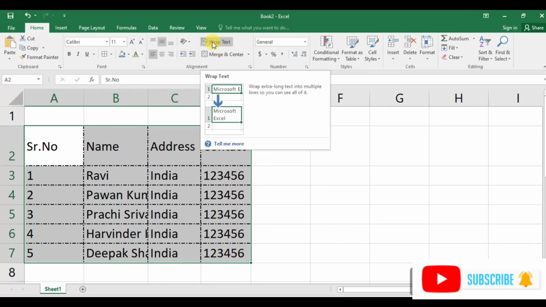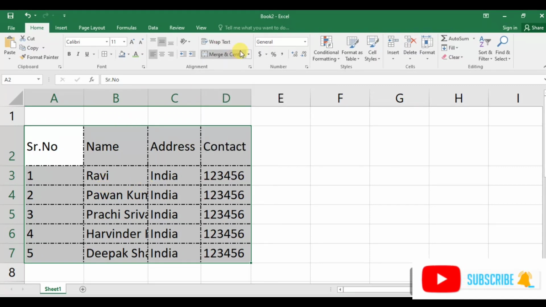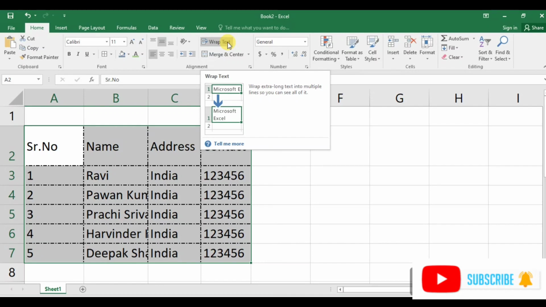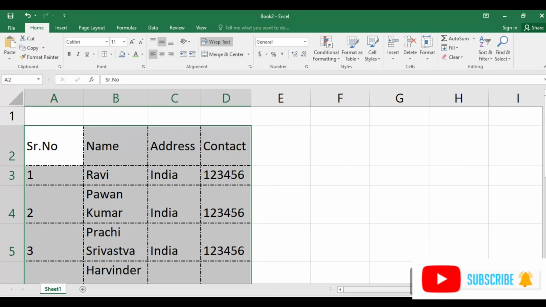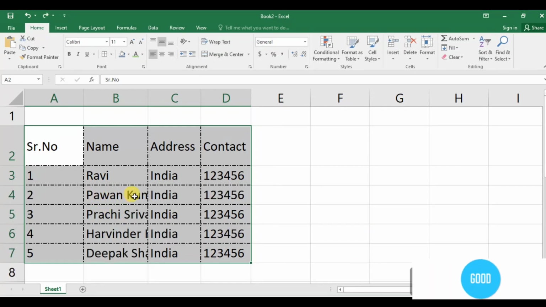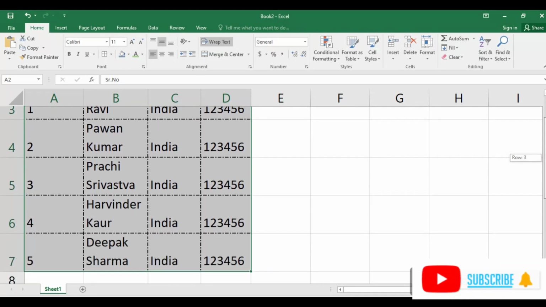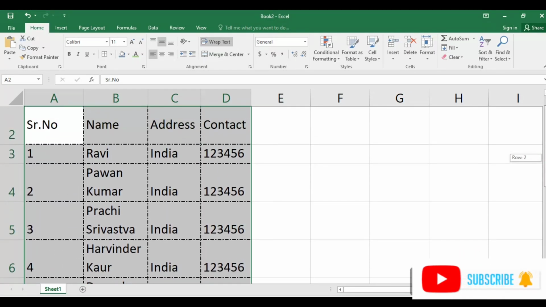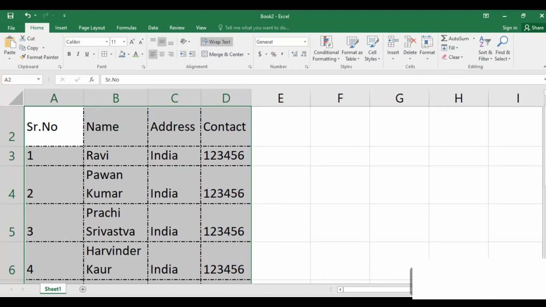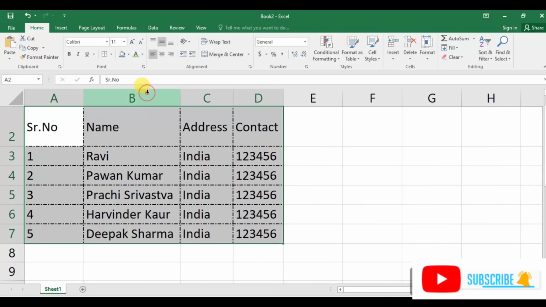Now I will tell you about wrap text. You see in the name column, Pavan Kumar, the only visible text is KUM. So when you click on wrap text, it makes multiple rows in a cell, as you see, to make the data visible. Okay,